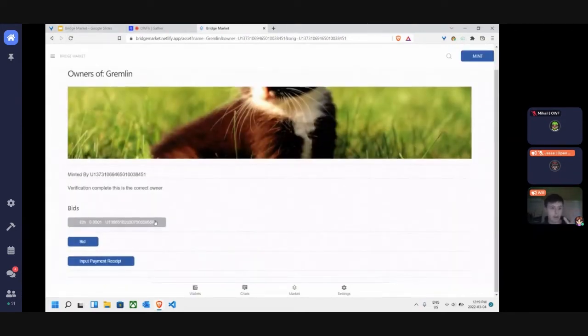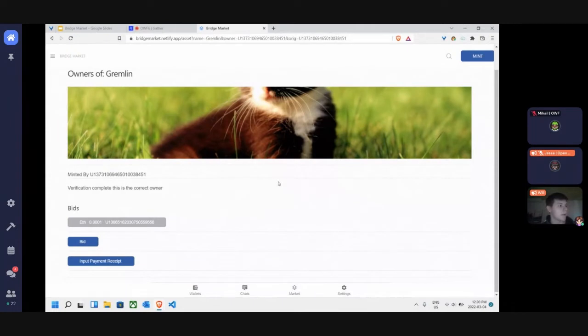But yeah, so now what happens is the owner of this NFT can now see what this bid kind of does, and they can choose to transfer me the NFT, which has been pushed now. Lovely.